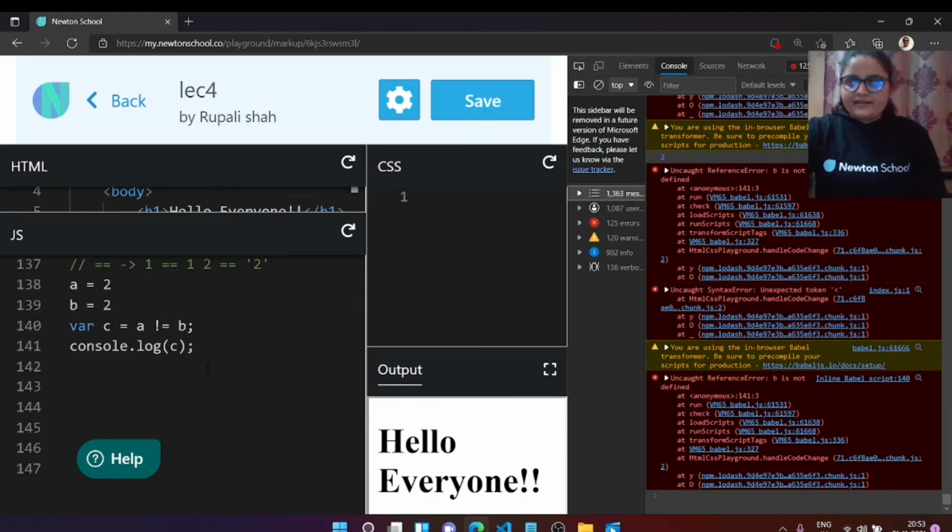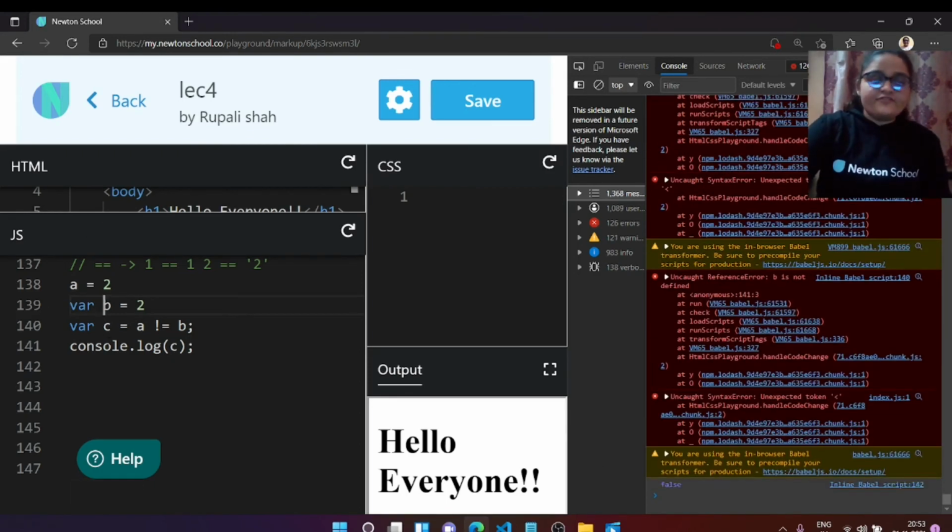It is not printing anything for us because b is not defined. Okay, so here is an error, and if there is an error, it won't give you any output. The compiler would stop over here only.